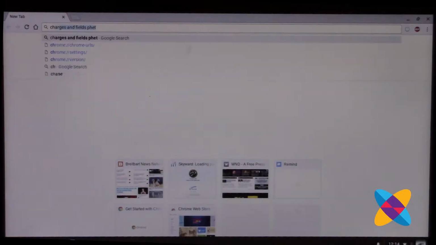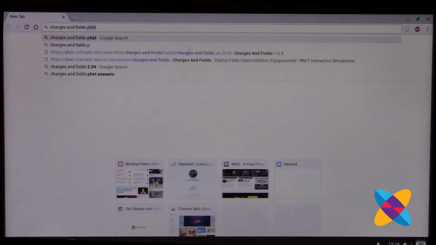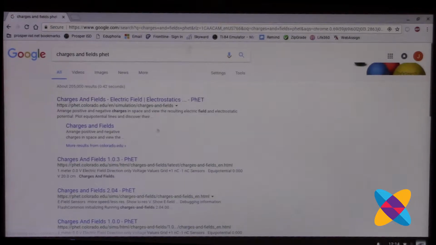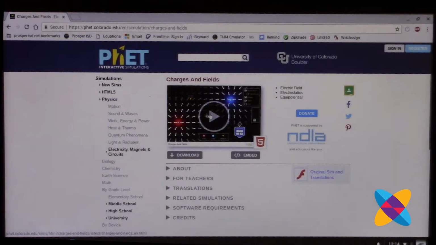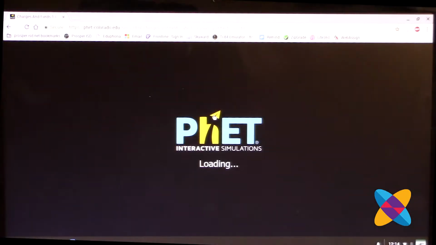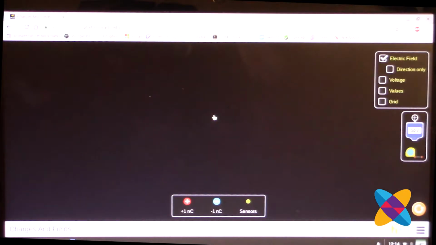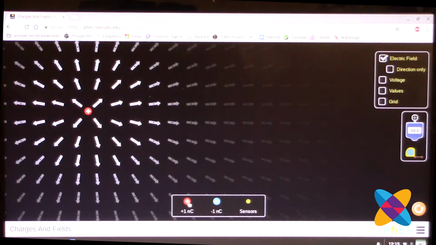So I'm going to type in charges and fields PhET, P-H-E-T, into Google, and it's the first thing that comes up. And this is a Chromebook. This works on Chromebooks because this is in HTML5. So you'll see that I can pull out positive charges, and it creates a representation of electric field there using